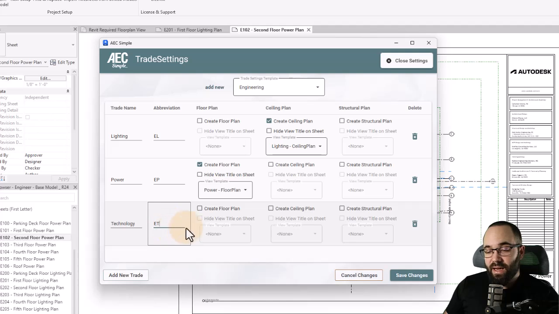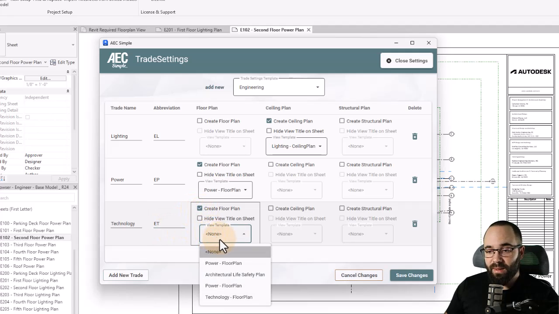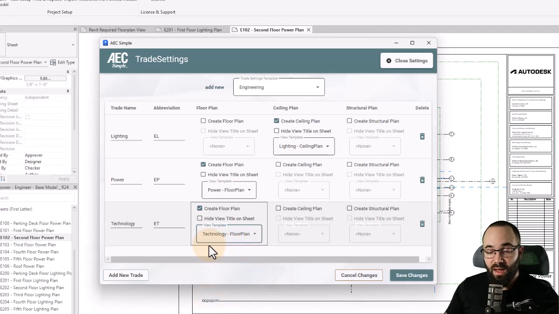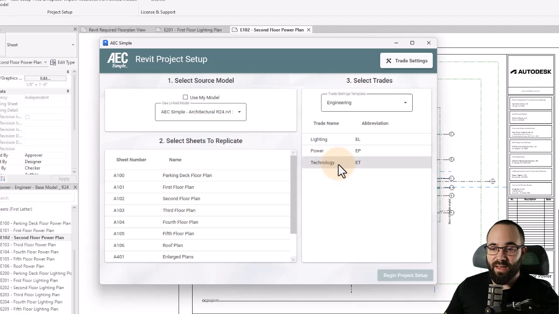And in this case, I wanted to generate a floor plan, and for the view template, let's go with the technology floor plan. There we go. And as you can see, you can customize this. So if you want more, you can add both a floor plan, a ceiling plan, a structure plan, and so on. In this case, I just want this. So that's what I'm going to be using. So then I can say, okay, save changes, close the settings,